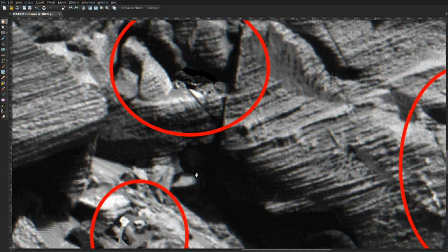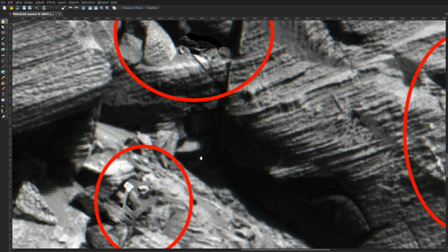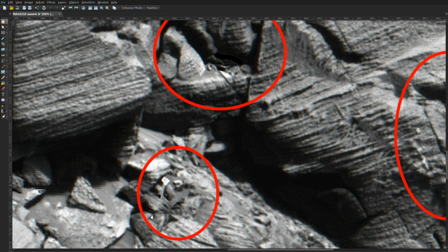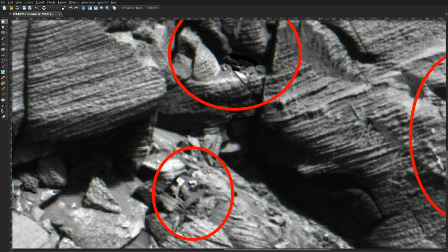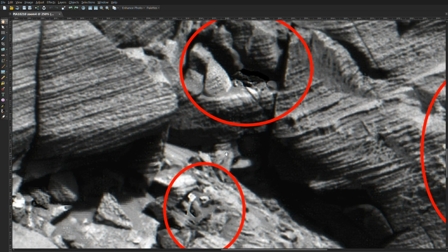And the reason I say that is, we'll go down below, or I'll zoom in a little bit, and we could see this object here. Other people, I think, have focused on this and they've called it a skull, I think for sensational purposes, but I believe that this is a helmet or a protective mask. And then next to it we can see this, obviously it's a metallic object with serrated, sculpted type of edges, and that's clearly metallic and clearly not natural. And then here we have some other debris,